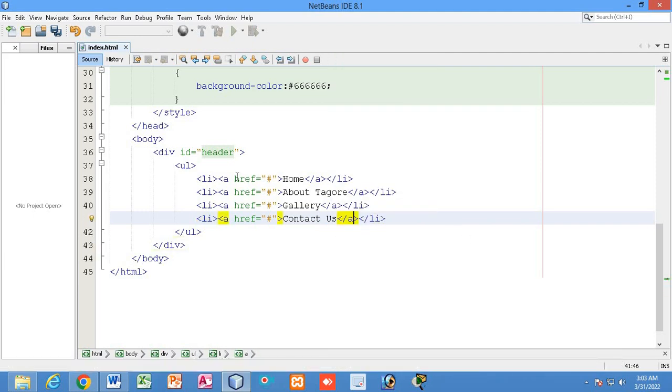In the href I have not mentioned anything right now, but I have created the anchor tag. So after creating this anchor tag, inside this list I have created this anchor tag. So what will be the output?